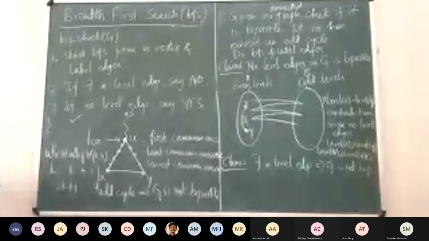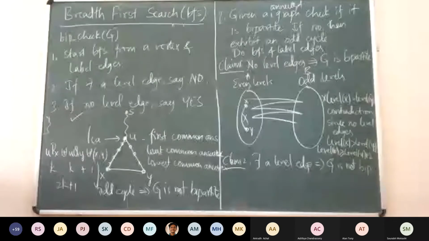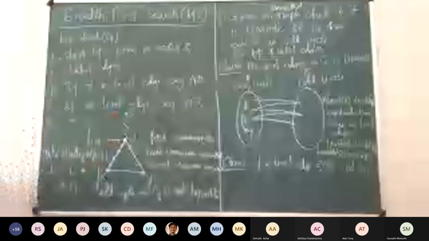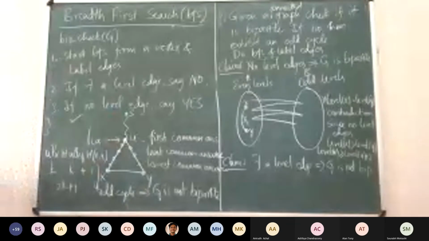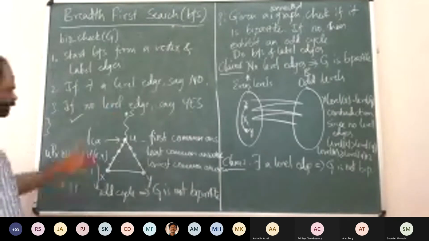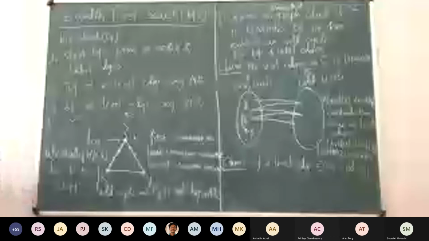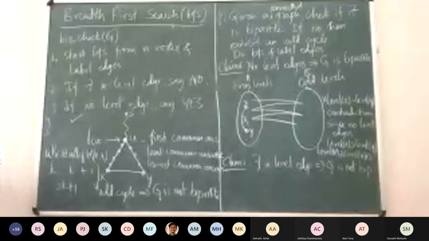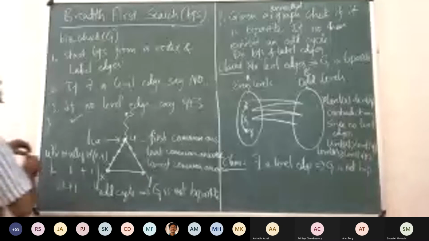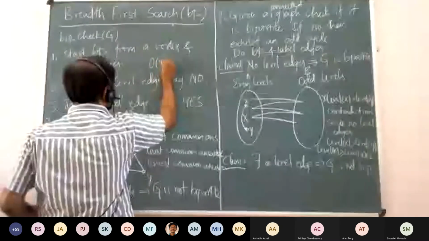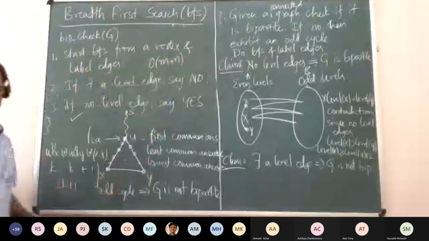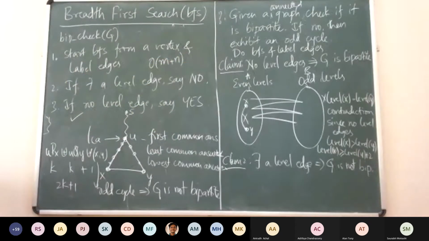Now, you would also have captured the paths from x to u and y to u, right? Those paths along with this edge will give you the cycle, that is the odd cycle that is required. So the whole thing can be done in linear time, order of m plus n. Though we are doing it many times, it is still only a constant number of times, which is okay.